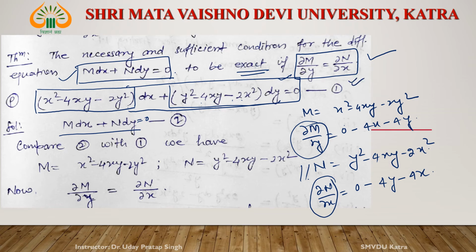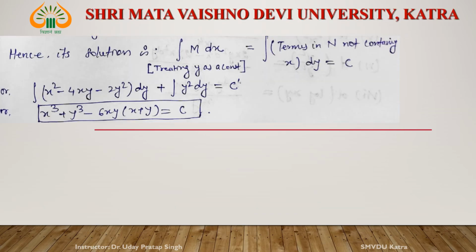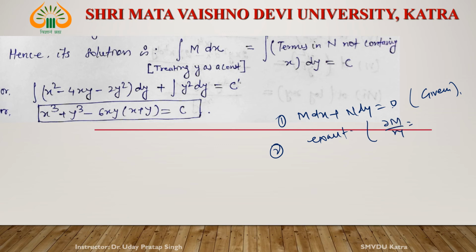Once the equation is exact, how do we find the solution? The solution is found by this formula. What is the procedure for solving this type of differential equation? M dx plus N dy equal to 0 by the exact method. First, this differential equation is given. Second, verify whether the differential equation is exact or not by checking ∂M/∂y equal to ∂N/∂x. So our answer is yes or no. If no, then we will see later. If yes,